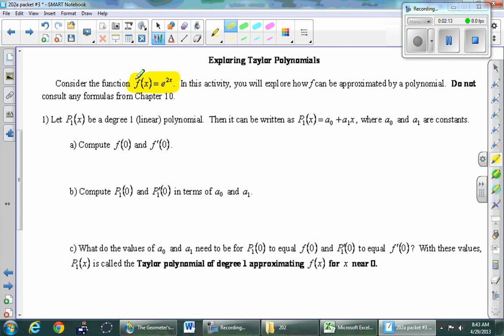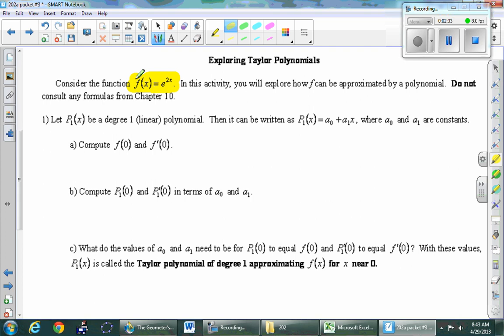Okay, I'm just going to highlight f of x equals e to the 2x. We're going to be playing with 2 functions in this problem, and that's one of them that's really important. e to the 2x. That's the f function. Okay, number 1. Let p sub 1 of x, don't worry about the 1 for the time being, be a